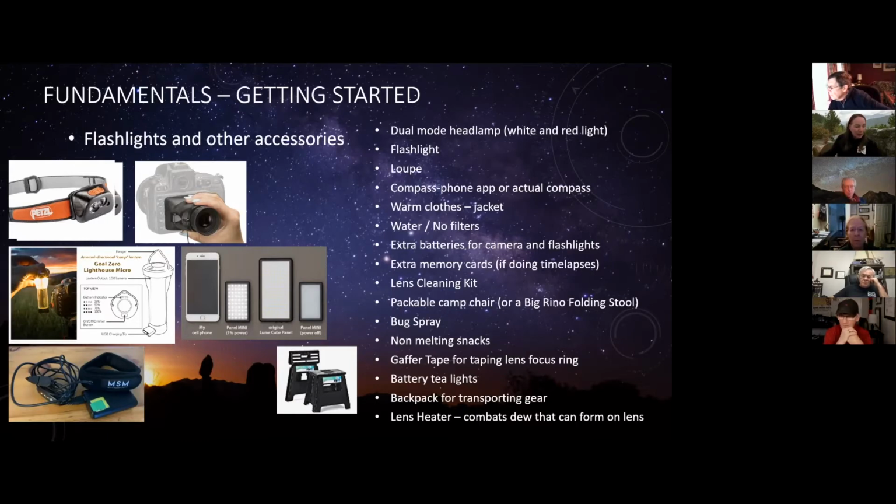One of the things that was mentioned recently, if you're doing low light photos, LLO, and we're going to talk about that also, is this little Goal Zero Lighthouse Micro, which is rechargeable. I just got this, so I'm going to be using this in Utah, and I'll let you know how it works. But you can also use your phone,